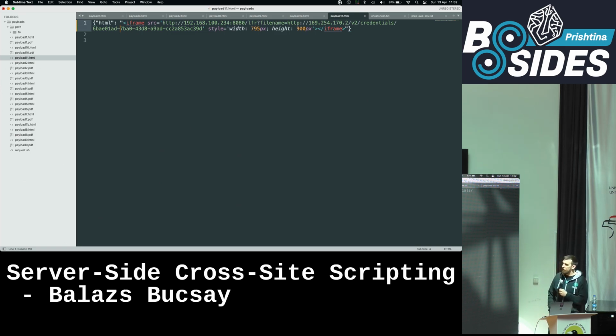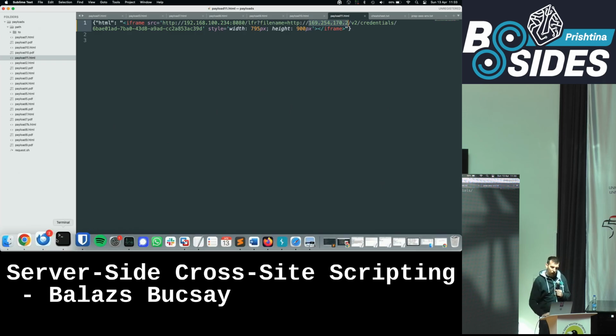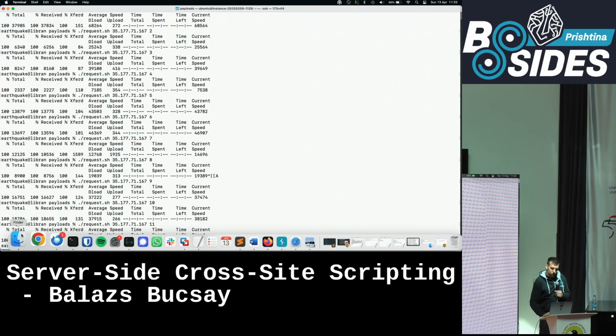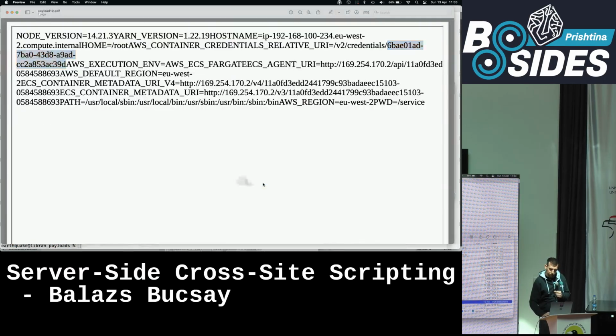So other than reading local files, you can do SSRF with this service. And I mentioned to you that ECS has a different metadata host IP. And that's the IP for the metadata, if we are talking about ECS. And under that, if you know the GUID, which we got from that local file, then you can get the juicy bits, the credentials. So I just executed that payload as well.